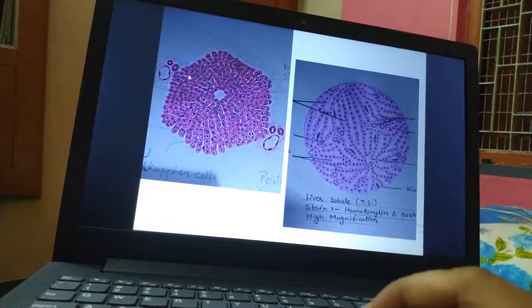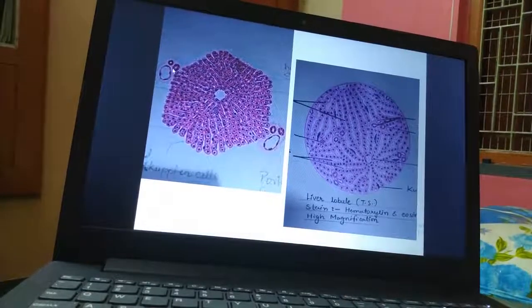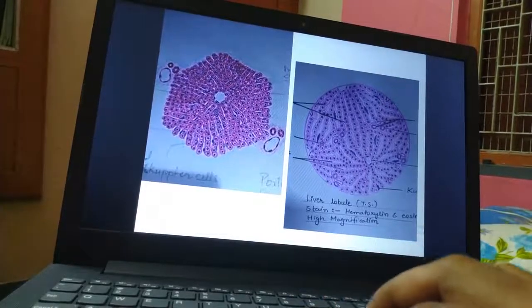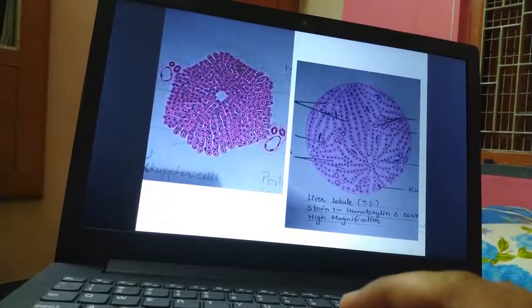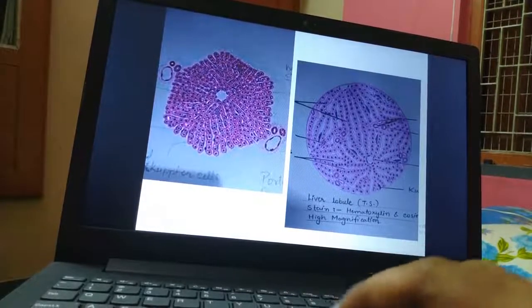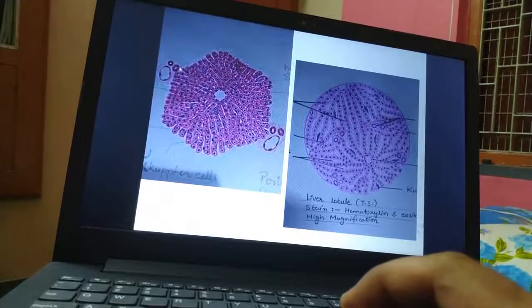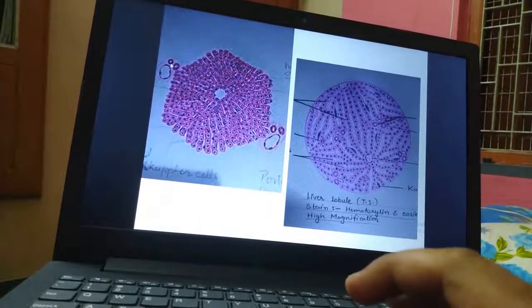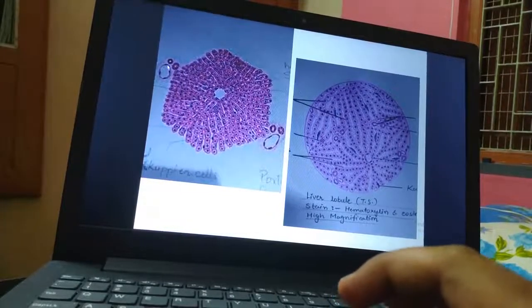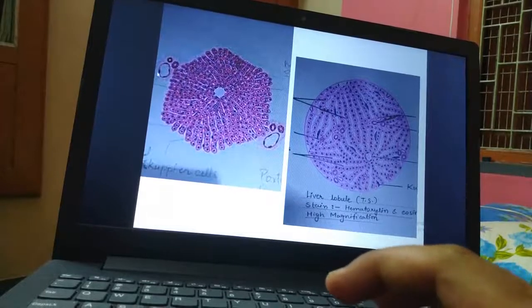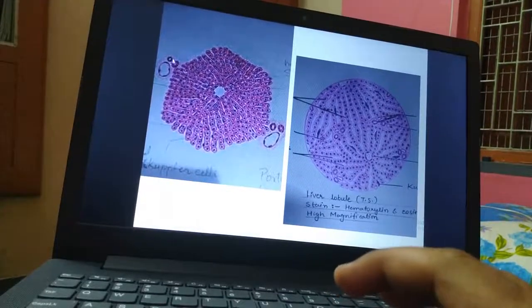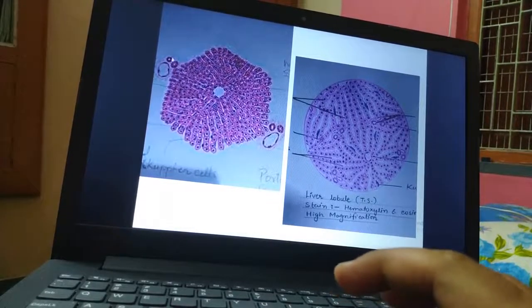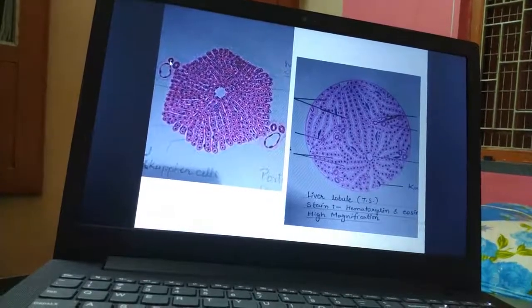In this area you should remember the bile duct. The interlobular bile ducts are lined by cuboidal epithelium, and sometimes smooth muscle is present in the wall of the larger ducts. So whenever you draw the bile duct, please remember these are cuboidal epithelium. And the artery and the vein, you know how to draw that, the endothelium, and then you will make some flattened nuclei too. And please remember the portal vein will be a little larger compared to the hepatic artery. So these are the features you should remember.